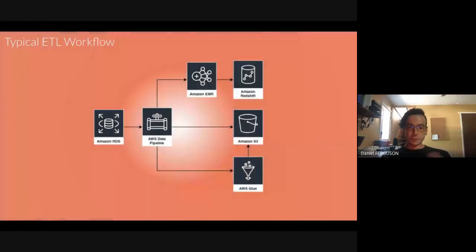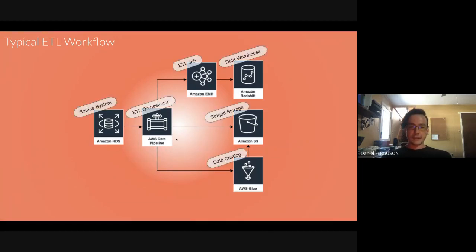Let's look at a typical ETL orchestration to see where DQM might fit in. This is your basic flow. So using something on AWS, you start with an upstream system like RDS. You have an AWS Data Pipeline acting as the orchestrator of your ETL job, showing how many attempts the job ran, did it run successfully, things like that. Very high level metrics on your ETL job.